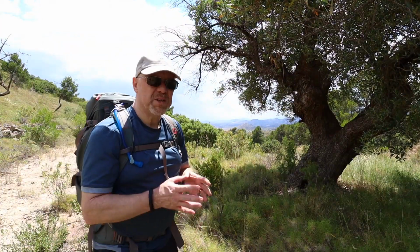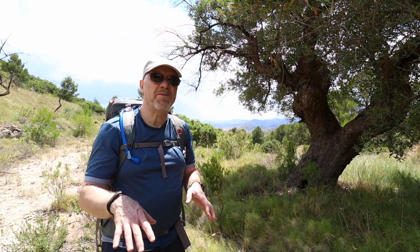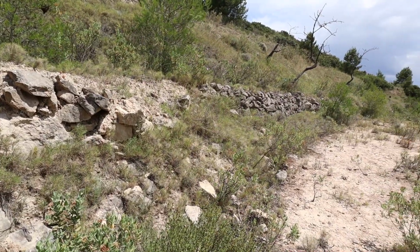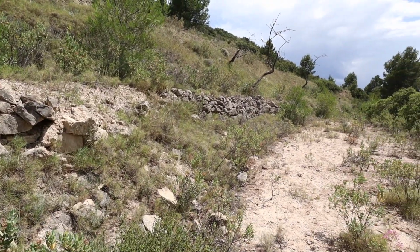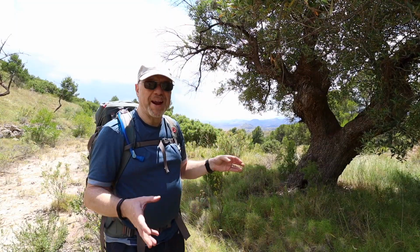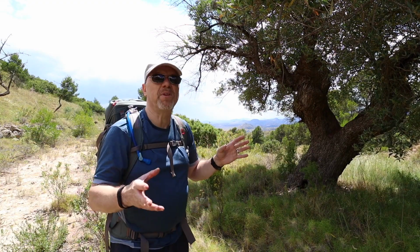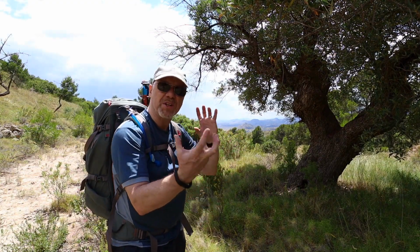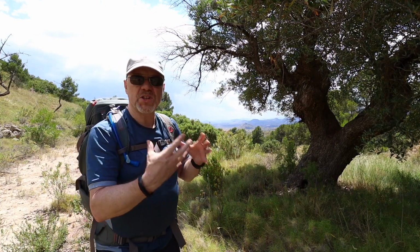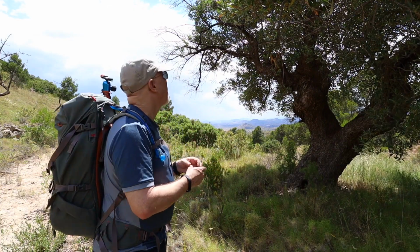So one of the things that we do have on the side of this mountain is these terraces, rock walls and terraces that were used for growing fruit trees. And there's some old abandoned fruit trees, and some of them are just absolutely wonderful with the shapes, they're all twisted. It's very difficult to get one on its own, to get any isolation, and the same is true of